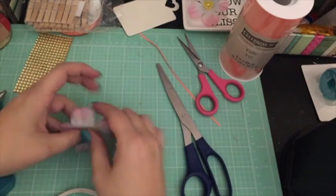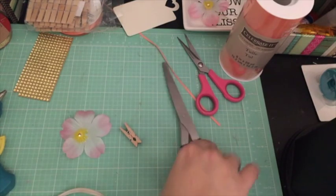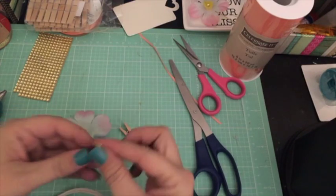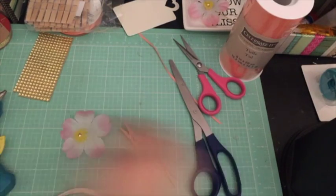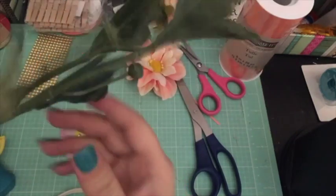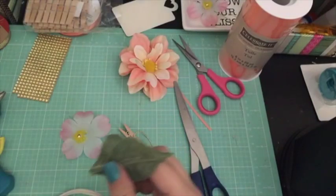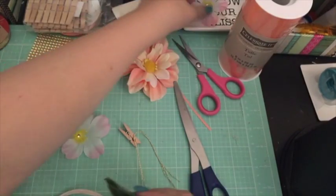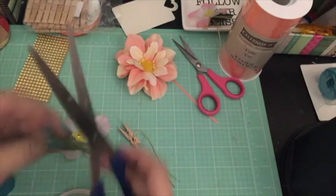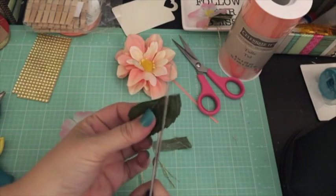And then, I just plugged in my glue gun, and I'm going to glue the back. Oh, I did want to take a piece of the greenery, also some of the gold twine, and just add a little something to it. So I went ahead and snipped off one of the greeneries, and I do want to make it a little bit smaller. So I went ahead and just cut this leaf to make it smaller,